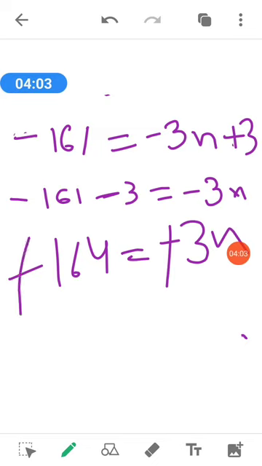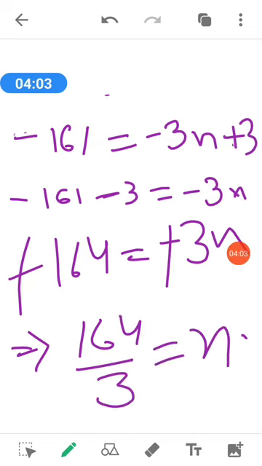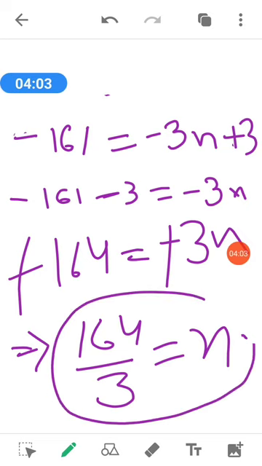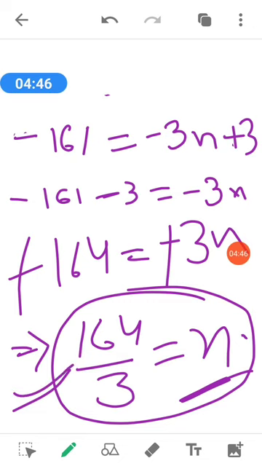We can cancel out minus and minus both sides, and this implies 164 upon 3 is n. But now this n, we cannot convert that into a lower term. If we do, then we'll get a term which is in decimal. So n can never be, because n here is the number of a term, the number of that particular term, and we have to check whether minus 150 is a term of this AP or not, and here we'll get the value of n as 164 by 3, and it is a fraction.